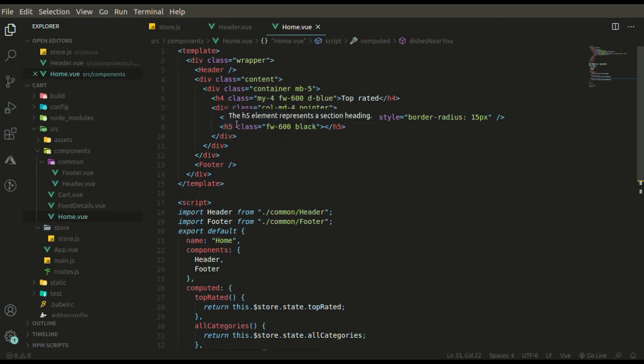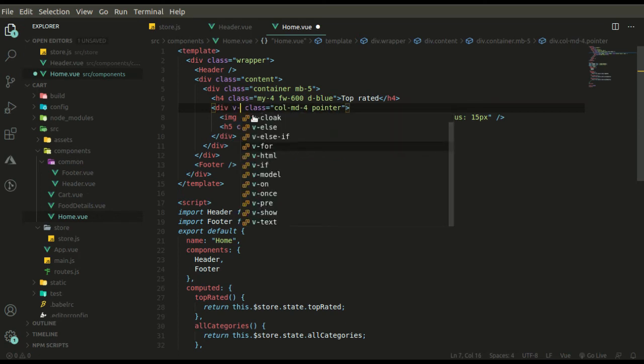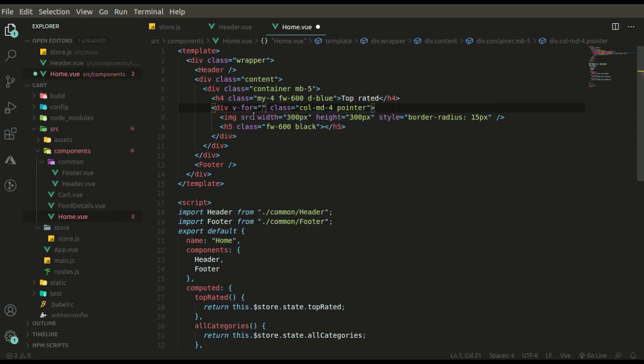Let's quickly do it. This is the div where we have to do this. Items in top rated, and it will also need key property. We have id in our items.